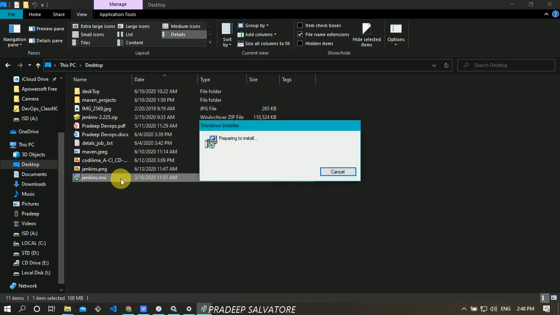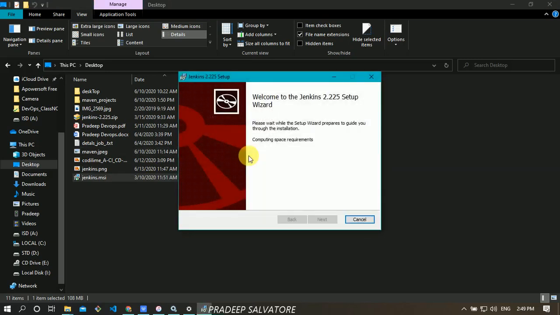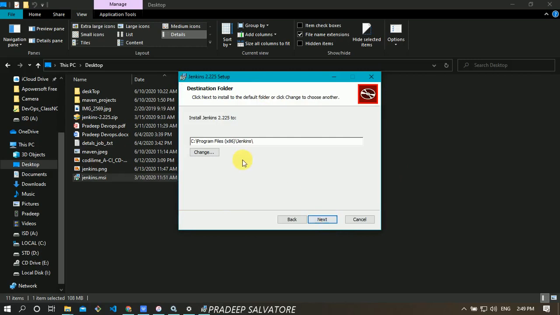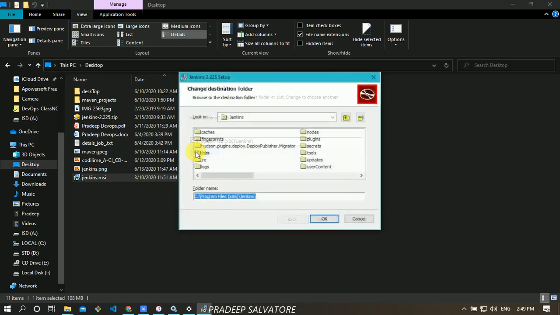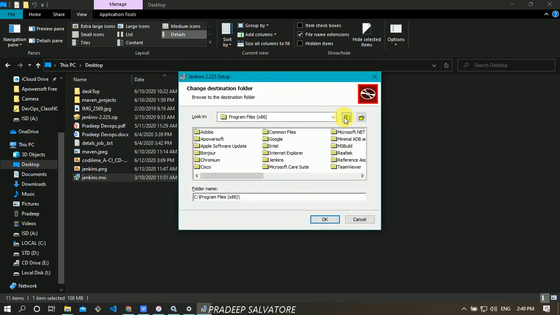Just click on next, and it will get installed. It would be installed into C Program Files, but because I don't have proper space in the C drive, I will be installing it into another drive.